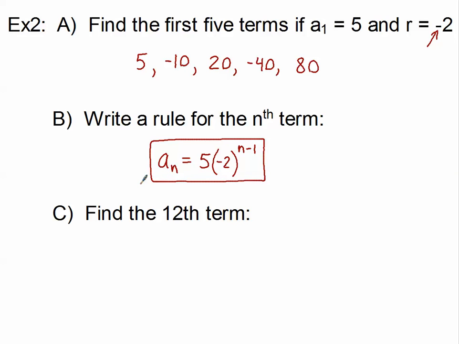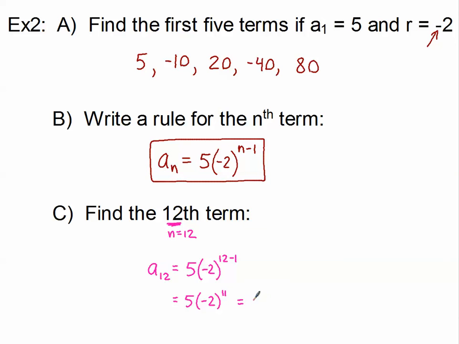And now that we have a rule, we can find any term we want. If we're looking for the 12th term, all I need to understand is that n is going to be equal to 12. So that's a sub 12. I'm going to use my 5 and my -2 and raise it to the 12 minus 1 power. It's as simple as that. Now I would actually plug this into the calculator as 5 times -2 to the 11th, so I don't need parentheses around here. We all know that 12 minus 1 is 11, and when I plug that into the calculator,